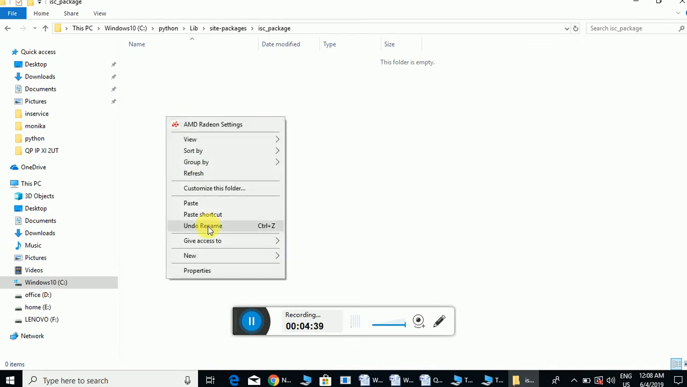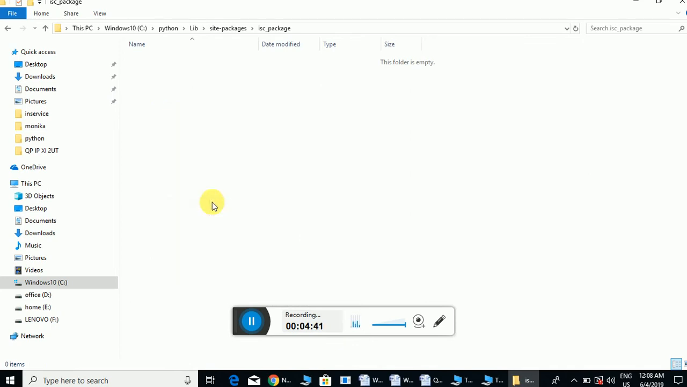One question arises here, why is this initialization file necessary? This is a file which distinguishes this package from a folder. Actually folder and package both are just